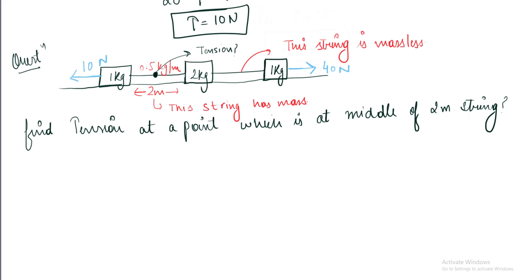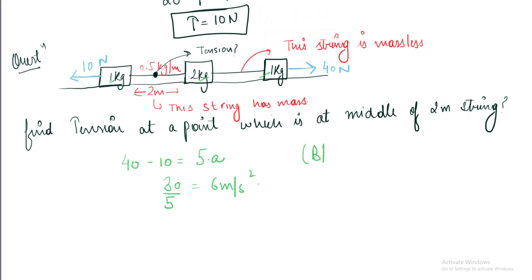So this is the 2 meter string. At the middle of this string we have to find the tension. First we have to find the acceleration. To find it, 40 minus 10 is 30. The masses are 1, 2, 1, 1 which sum to 5, so 5a equals 30. 30 by 5 is 6 meter per second squared,